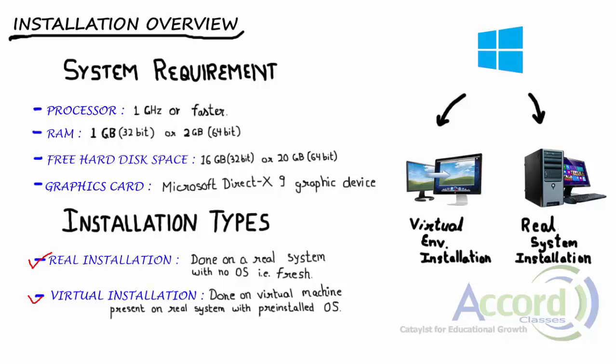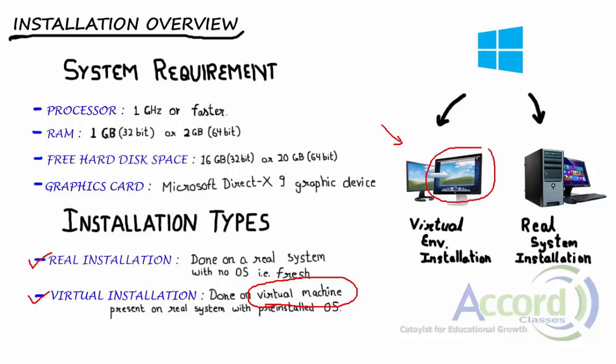Second is the virtual installation. It is done on a virtual machine present on the real system with a pre-installed OS. Virtual machine, as the name says, not real. A virtual machine is software that allows an entire operating system that you want to try to run on another host OS, which is already installed on your system. Like here we're going to see in this example,